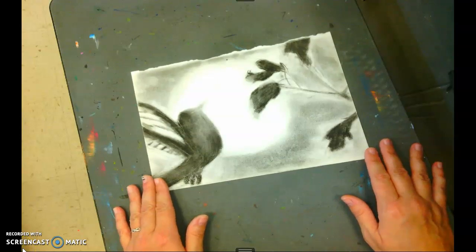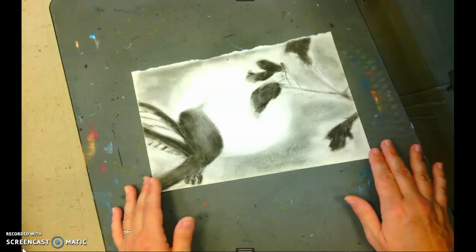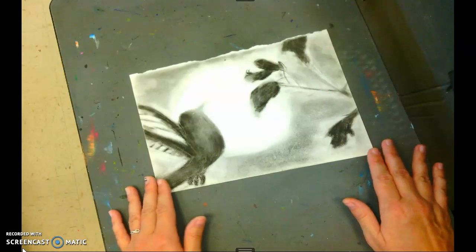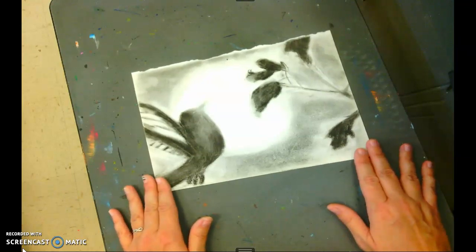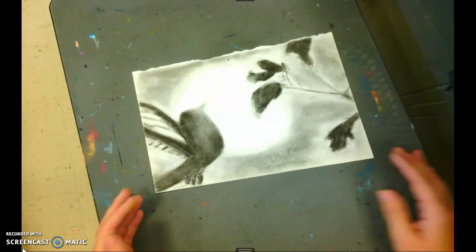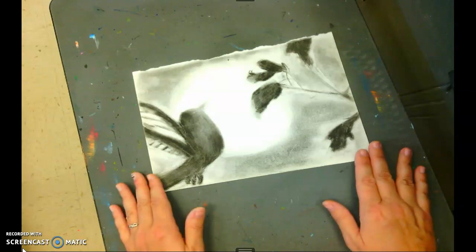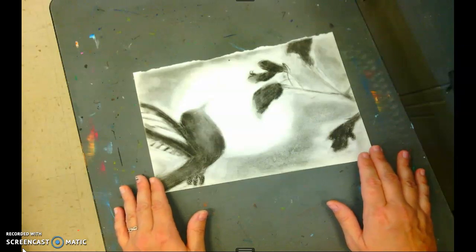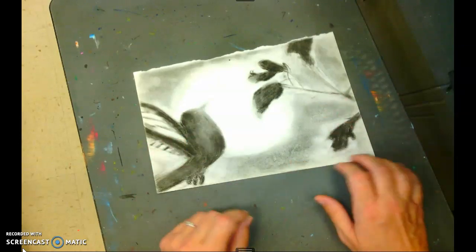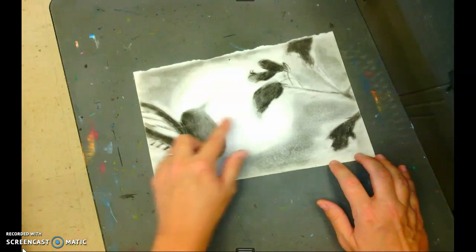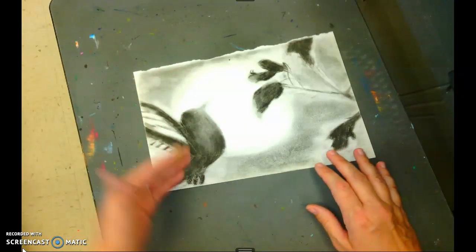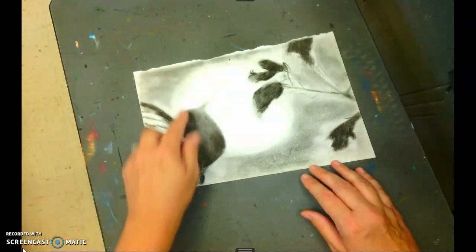Okay, we're going to be talking about silhouettes since we are doing silhouettes of our sea creatures and our palm trees. So we're going to talk about what a silhouette is, especially when we are creating art. A silhouette is going to be any object that is going to be in front of some type of a light source,